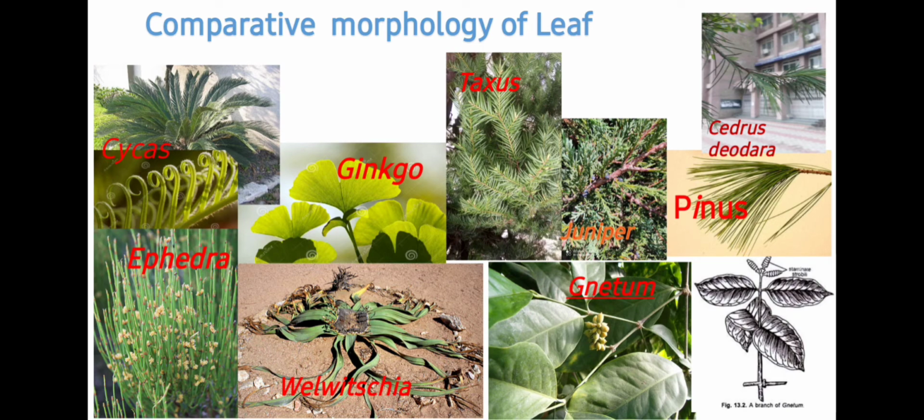In case of Welwitschia, you will see two large leaves which are highly splitted at maturity and look ribbon-like. And these are totally xerophytic in habitat because Welwitschia is present in desert. While in gnetum you will see leaves closely resemble the angiospermic dicot leaf, having very broad leaf surface. So in general you will see leaves are highly reduced and they are of two types, that is scale leaves as well as foliose leaves.